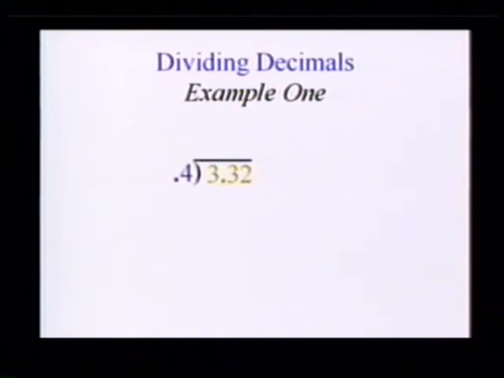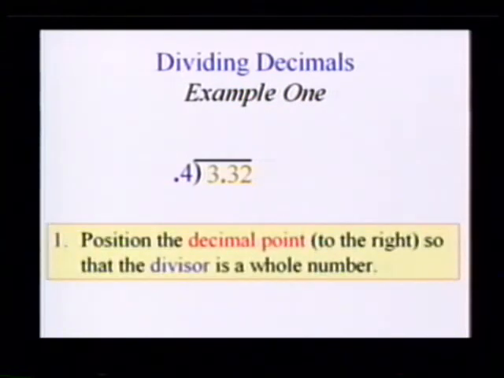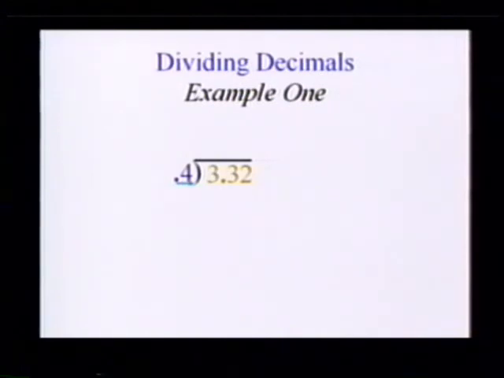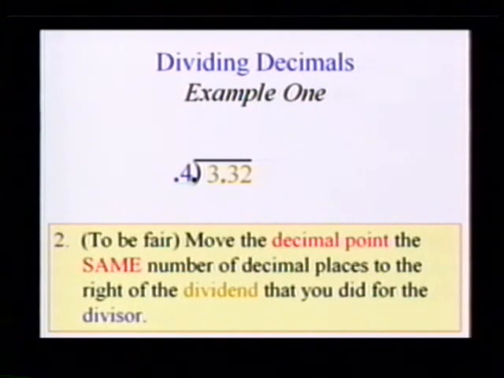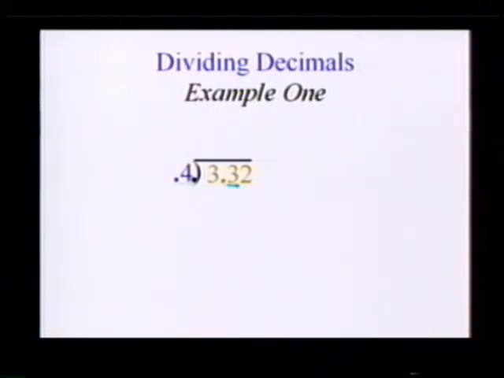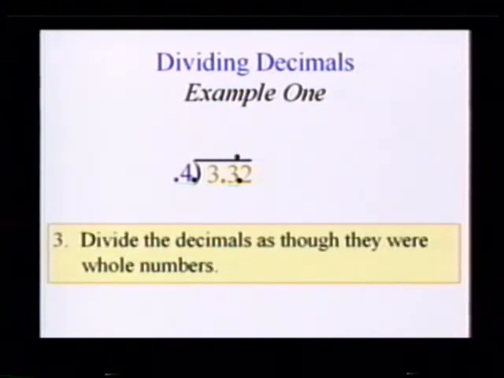How are we going to do this? Well, we're going to take that 4/10 and move the decimal place over to the right, in that case 1 place. Now, to be fair, I have to move it over in the dividend as well. Let me put it up there before I forget where it goes. Now I just divide as if they're regular numbers. 4 into